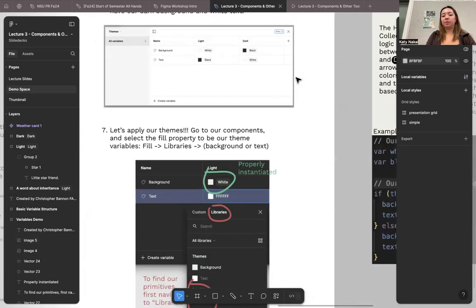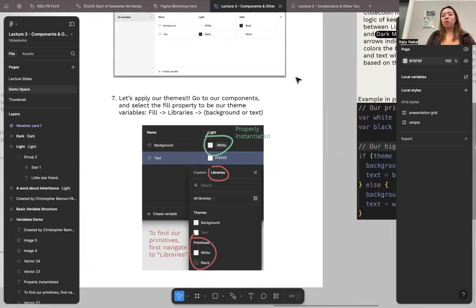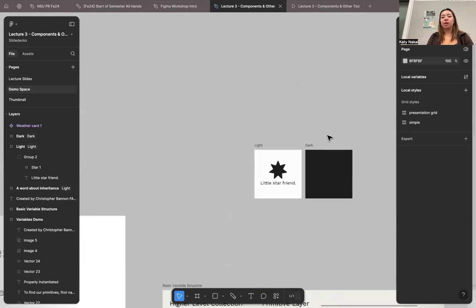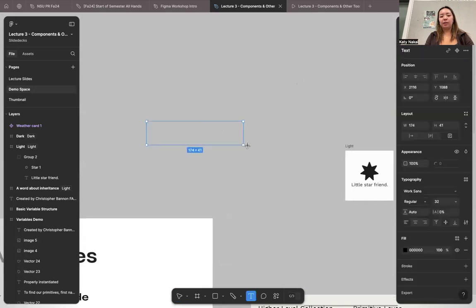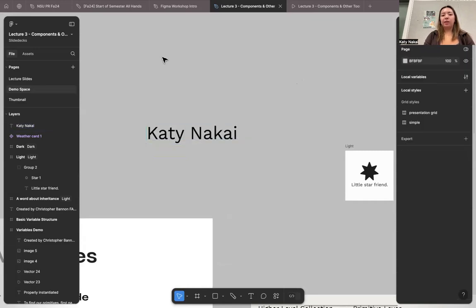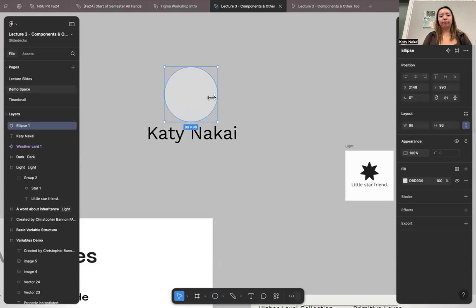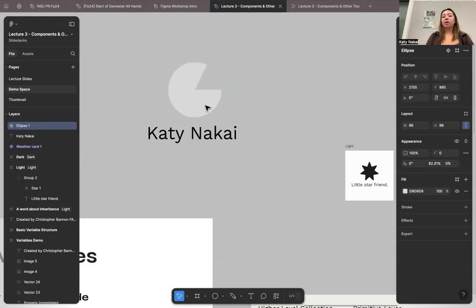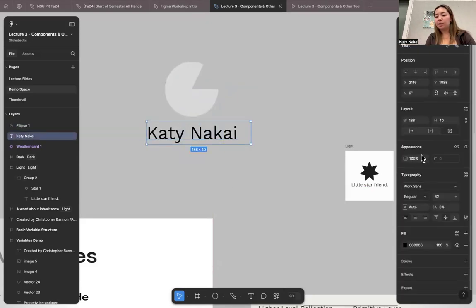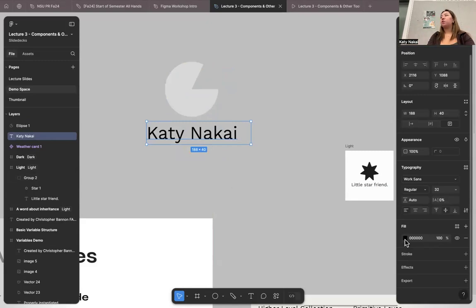So now we've already created our collection for our light and dark modes, and that's all done for creating the variables. And then the way that you can apply this to an actual design to incorporate these variables, if you have text, let's just, I'll just type my name. And then say I also have a shape or something that's going with it. A little Pac-Man. Okay, so both of these items are obviously the foreground of whatever I'm going to make. So for the text, I'll just do them one at a time. So we're going to change the fill of our text